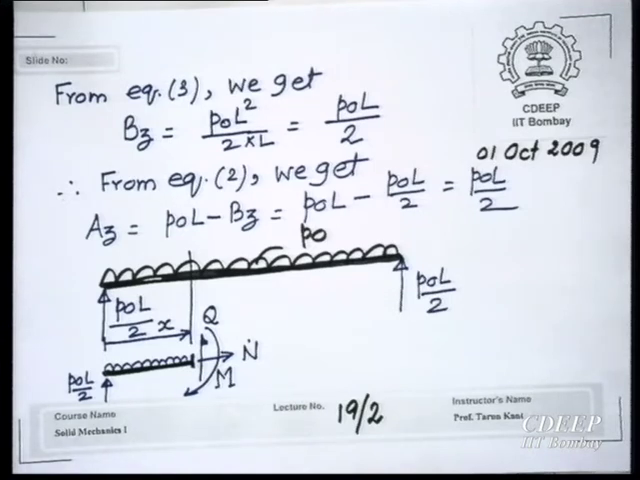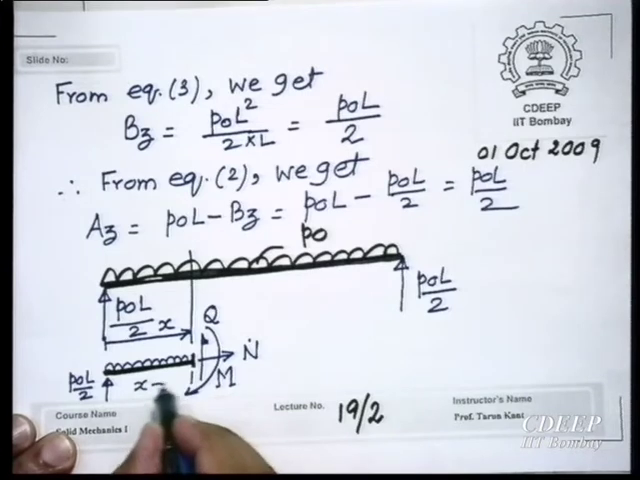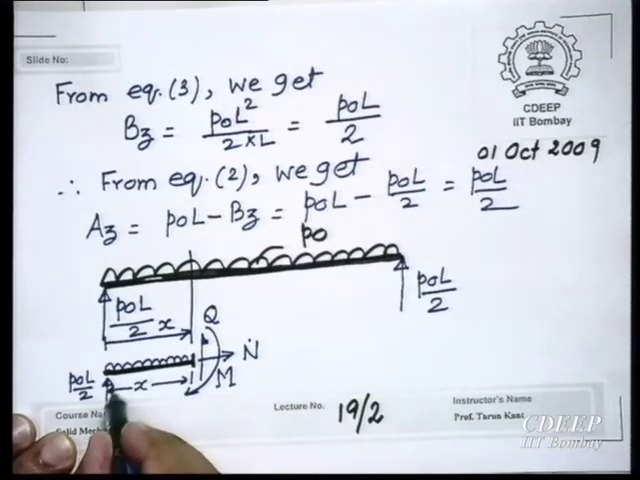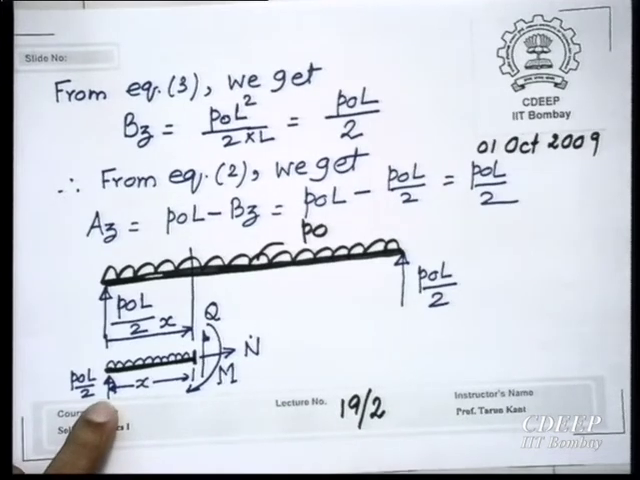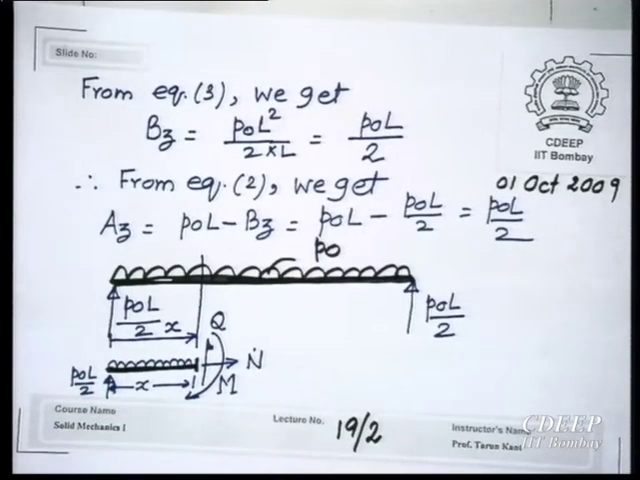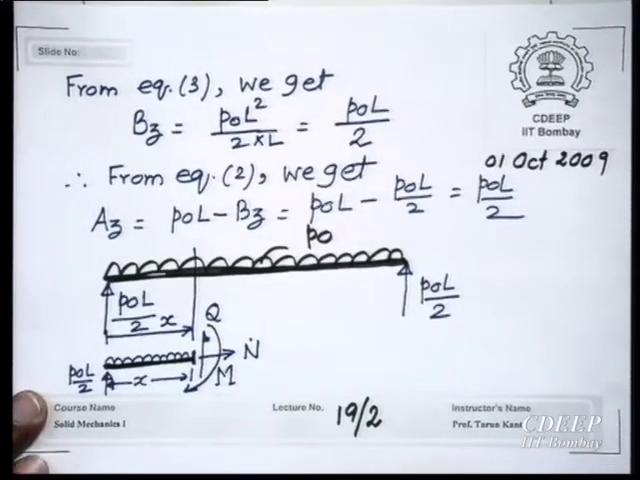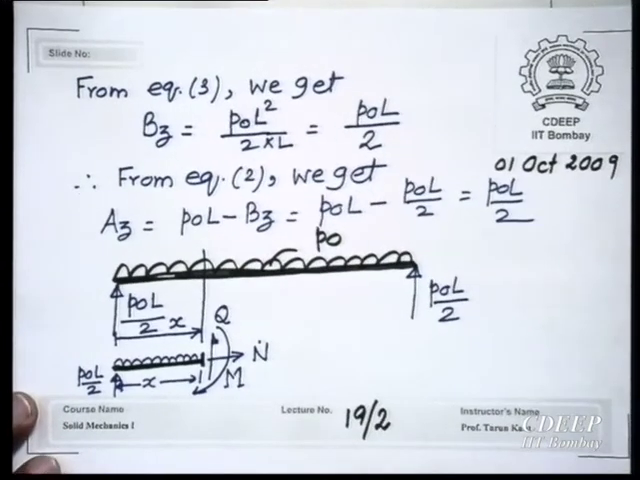Take equilibrium, because this portion is in a state of equilibrium. This cut section is of length x, from here to here it is x, and it is in equilibrium under the P naught L by 2 applied over here, P naught UDL acting over x, and these three unknown forces acting over there. So please apply your laws of equilibrium, and you get